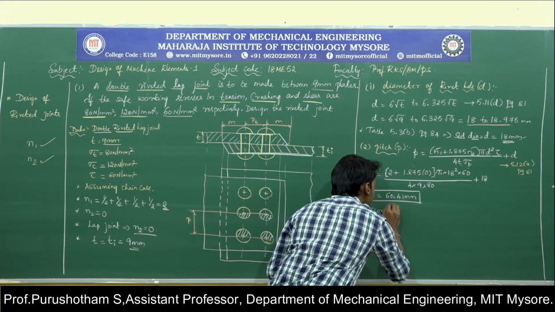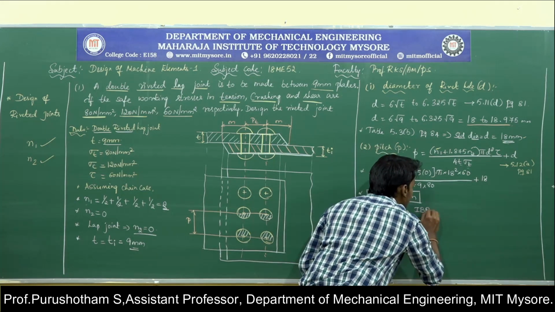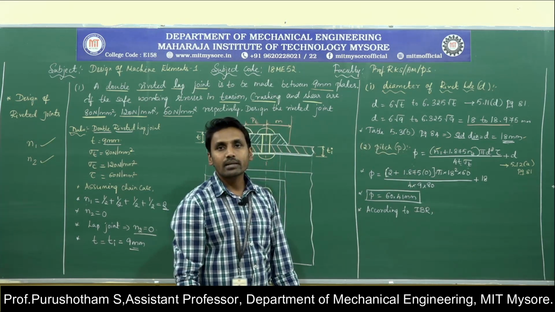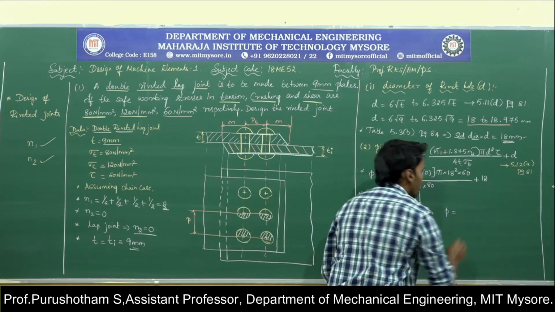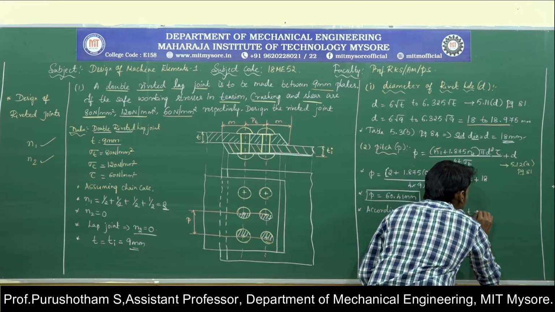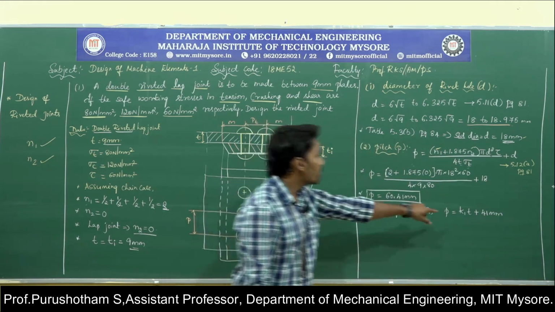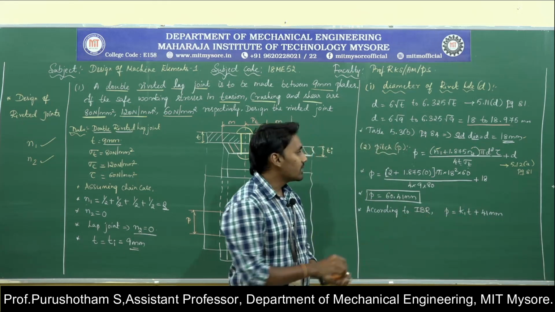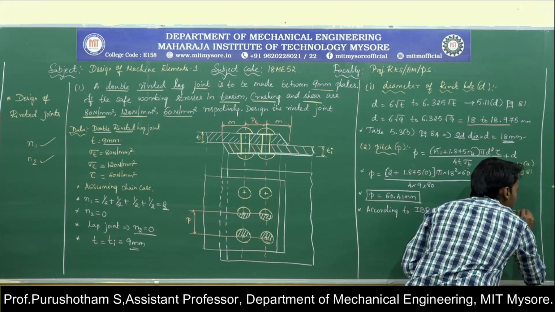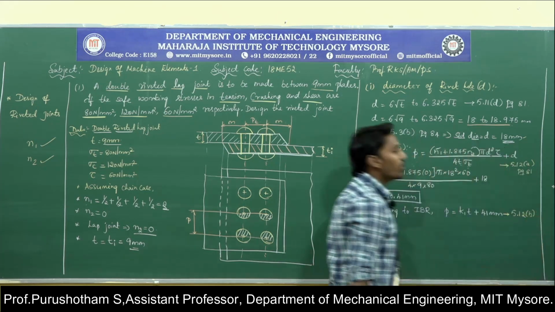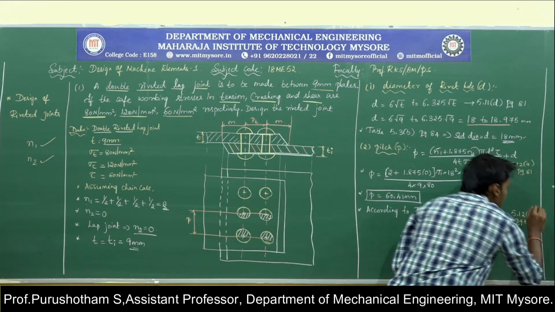This is the generalized expression for the pitch, but according to the IBR, the Indian Boiler Regulations, the pitch equation is given by K1 times t plus 41 millimeter. This is also available in the data handbook, given by equation 5.12b, on page number 81.